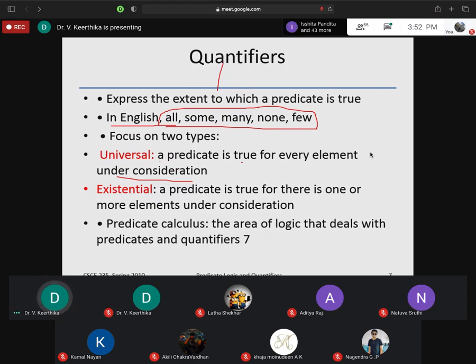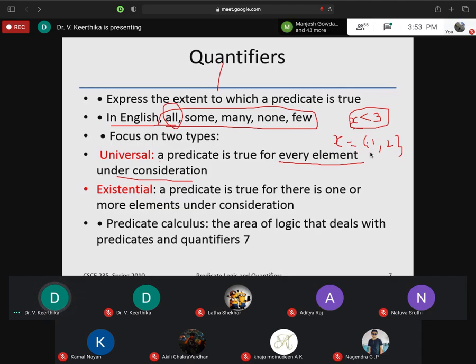Simply, I can say this is all. All comes under the universal quantifier, and some comes under the existential quantifier, where a predicate is true for at least one element. For example, x is a set, 1 comma 2, and the statement is x less than or equal to 3. For every value in set x, this statement is true. Got it? Yes.